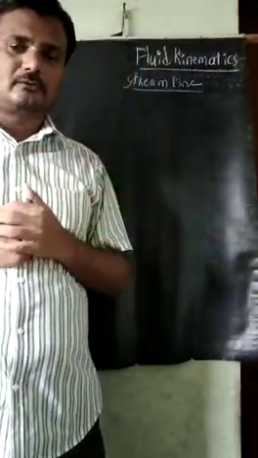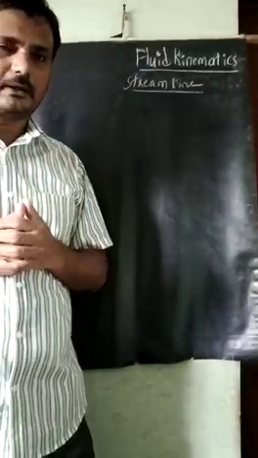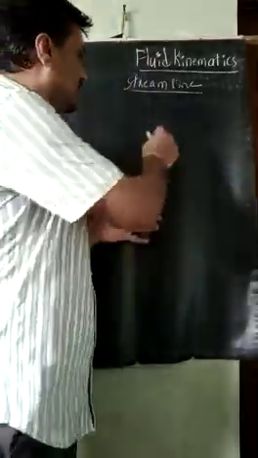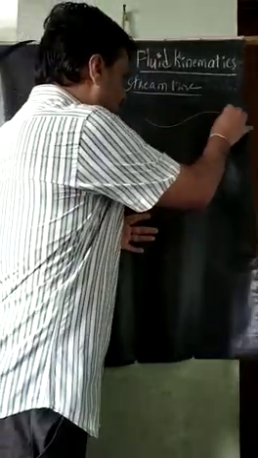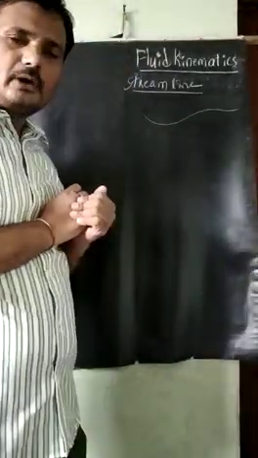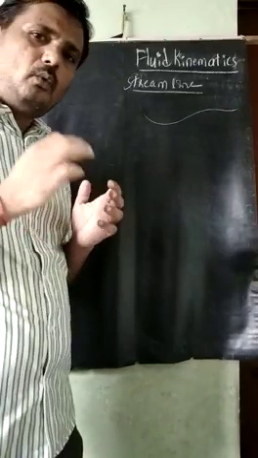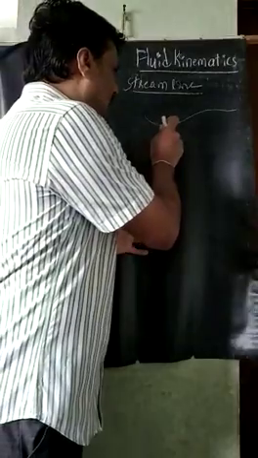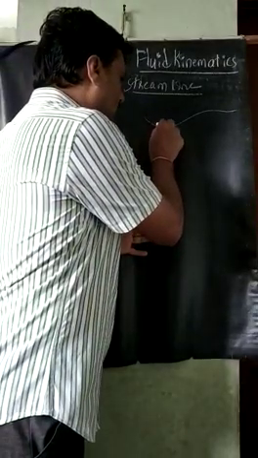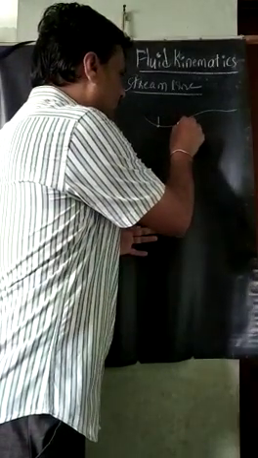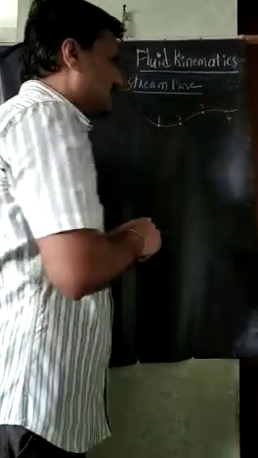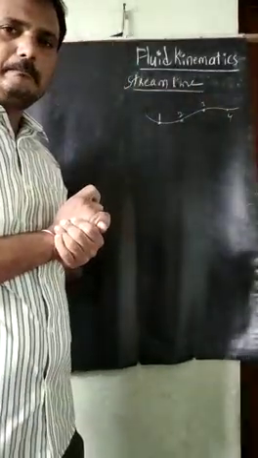So how is this called a streamline? Streamline is nothing but, if the fluid is flowing like this, for example, now I will take some points here. This is one point I will take, first point. This is the second point, this is the third point, this is the fourth point. This is the number of points I will take here.